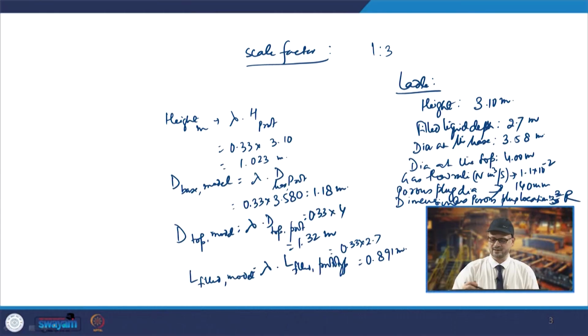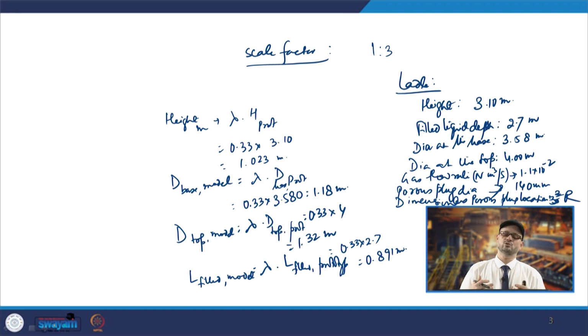So, we can have their value as the same one, and what you can see is that you can have the calculation of the Froude similarity. So, you can have the Froude similarity criteria, and you can see how they are matching. So, that is the use of these scaling factors in finding,